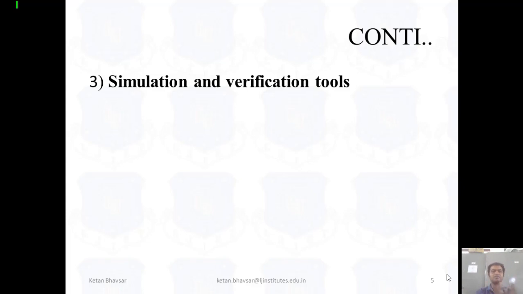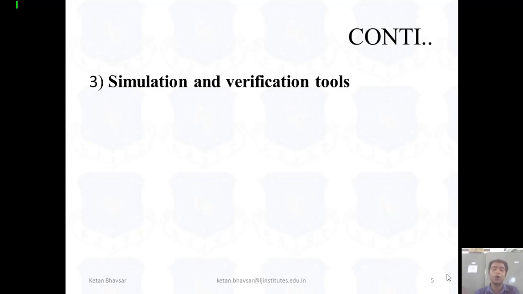For checking whether our system is working properly or not, we have to apply the simulation first of all. Before applying to hardware, we have to check our data on the software side. It's called a simulation. These are the different simulation tools available when we're talking about Xilinx. Xilinx has the iSim simulator.